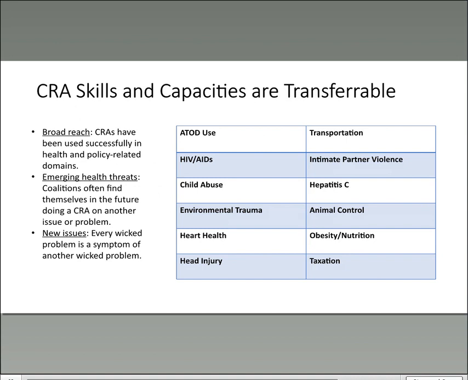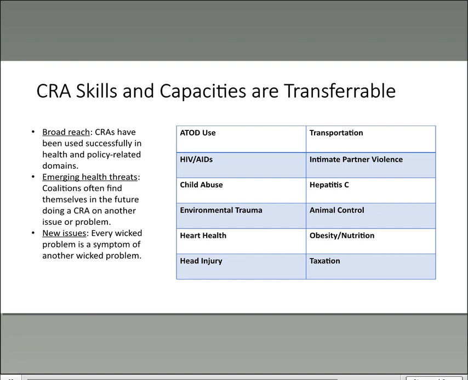The skills and capacities that you're going to build through a community readiness assessment are transferable. As we talked about in previous segments, CRAs have been used successfully in a wide variety of health and policy-related domains. Everything from alcohol and tobacco and other drug use, to transportation, to taxation, to head injury.